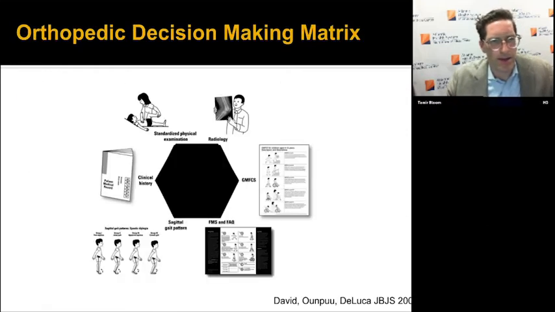And so by combining or synthesizing multiple pieces of information, we are able to come up with a list of problems and then possible solutions. The information that we use is from the history, the clinical history, the physical examination, x-rays, the GMFCS level. Sometimes we use other functional classification or assessment tools, and the gait analysis. And by combining all this information, we can come up with a list of problems or lever arm diseases,